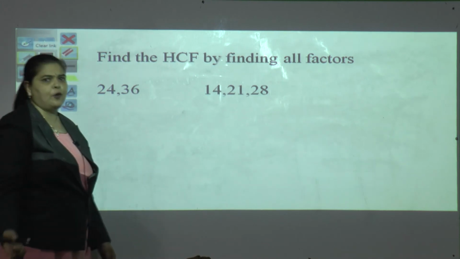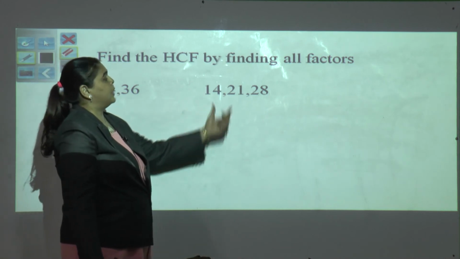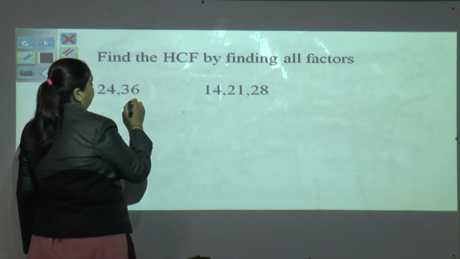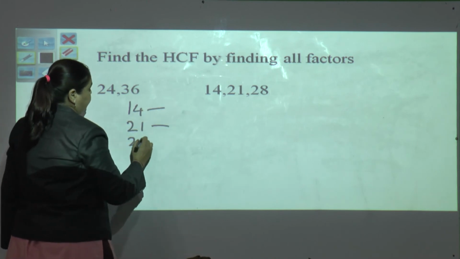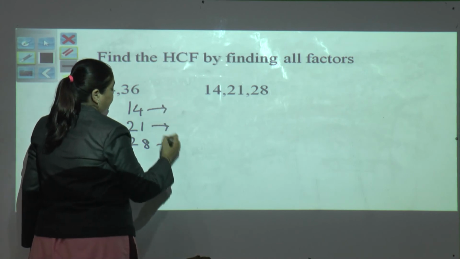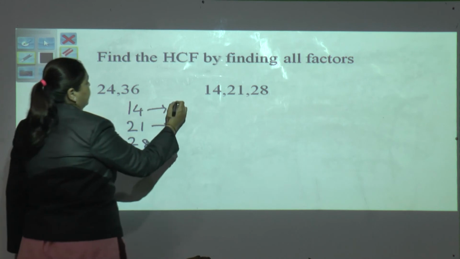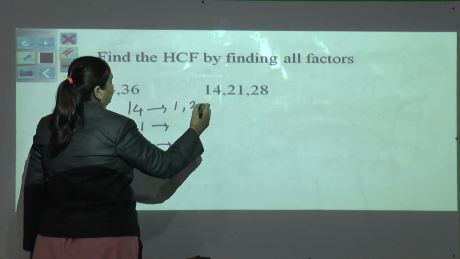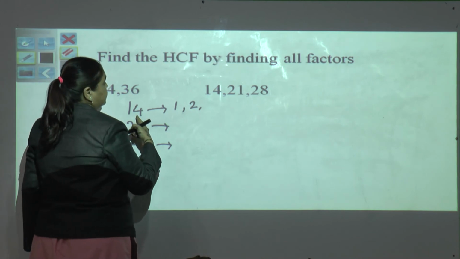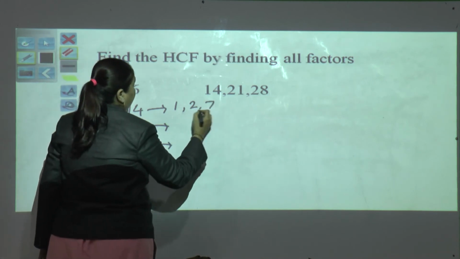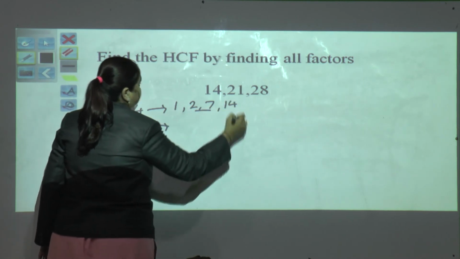Now we will go for one more example, that is of 14. What are the factors of 14, 21 and 28? Now my dear students, you will help me find them, because we have already learned how. Here it is 1, then 2, can we go for 3, 4, 5, 6, 7? Yes, with 7 we got a bridge here. 7 2s are 14 and 1 14 is 14.